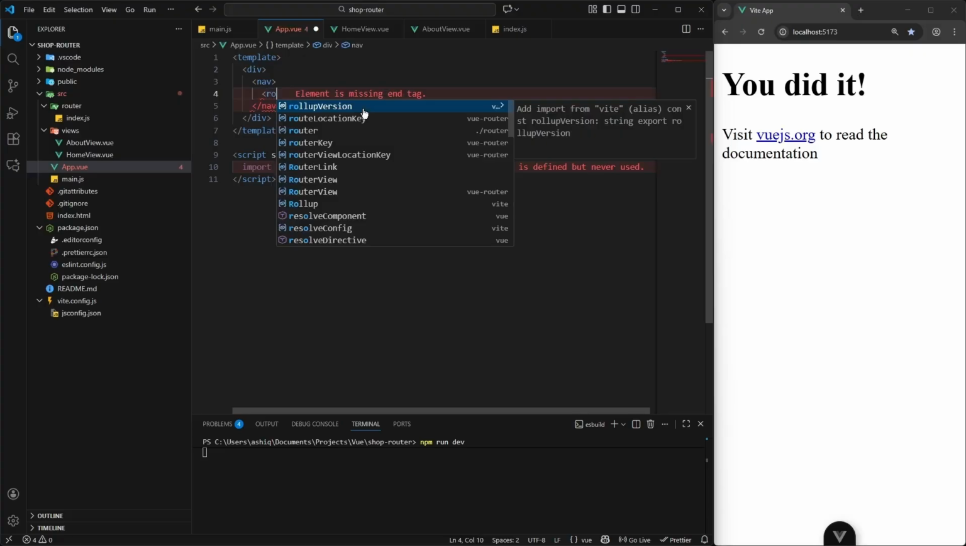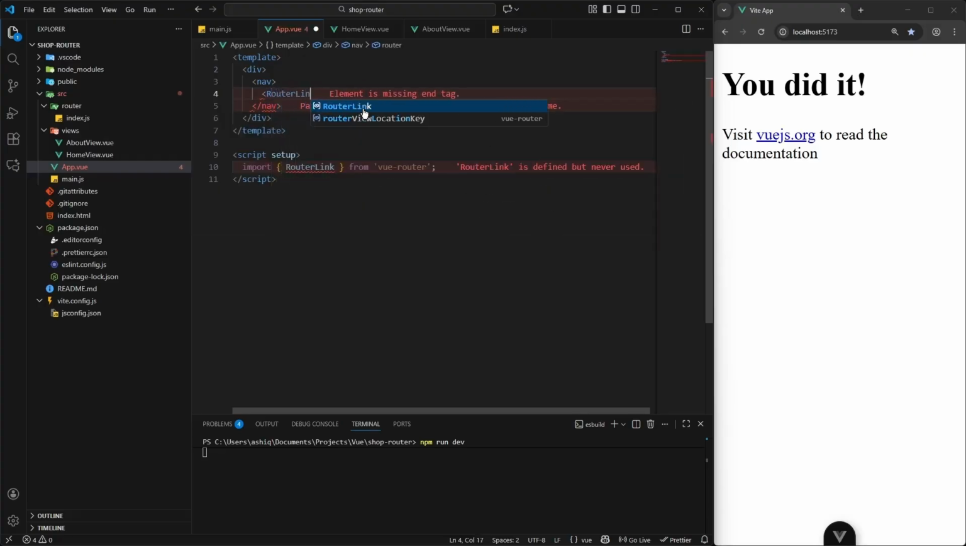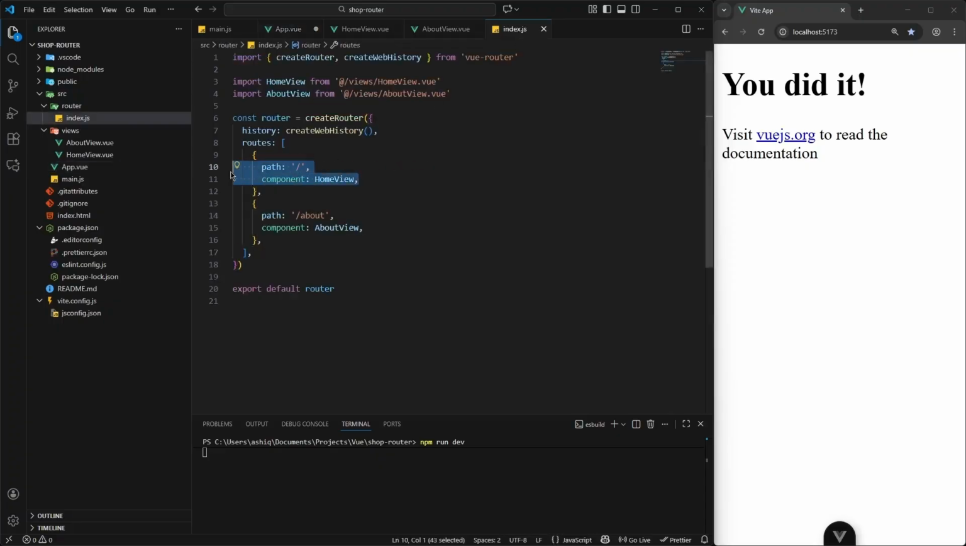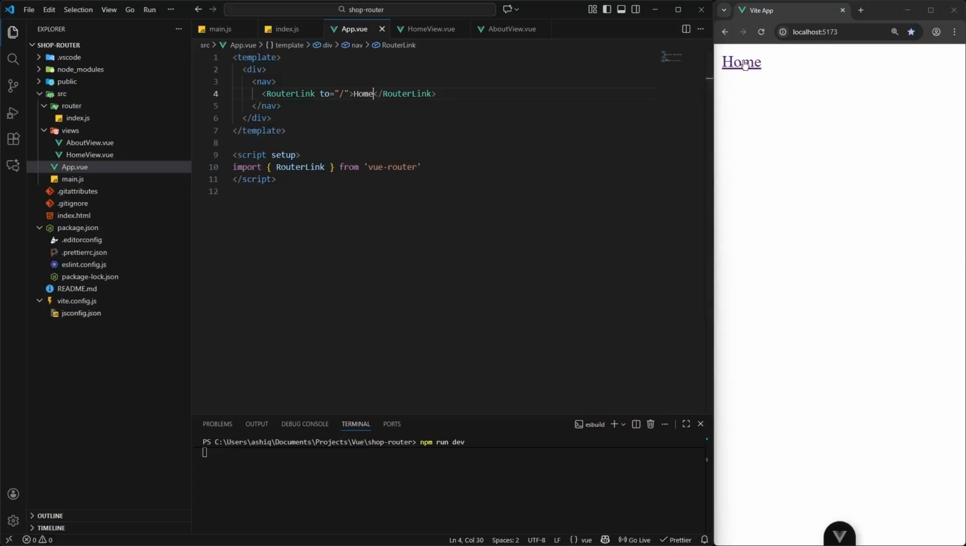We are going to call this RouterLink, and this RouterLink takes an attribute, that is this to attribute. And to this to, I'm going to pass the path that I assigned for this HomeView, which is this forward slash. So this forward slash, and just as the content, I'm going to say here home. And with that we now have this home. Now likewise, I am also going to show